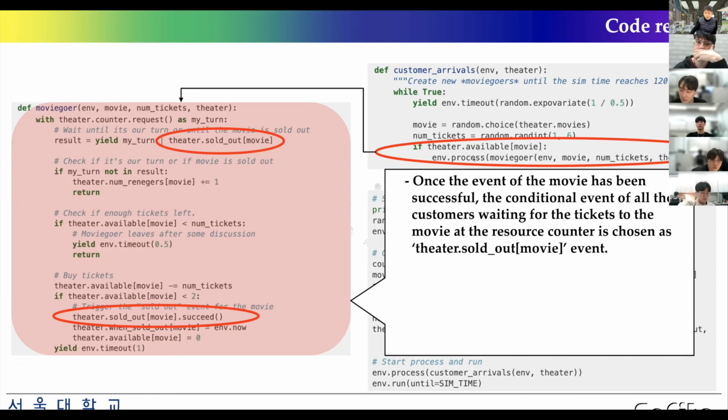Also, if the available number is not 0, this moviegoer process is triggered